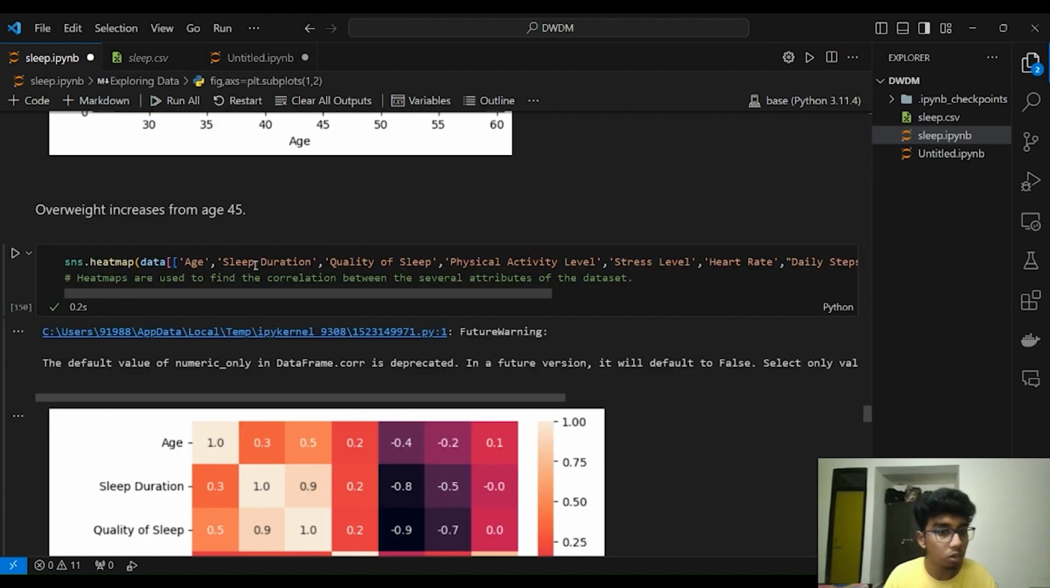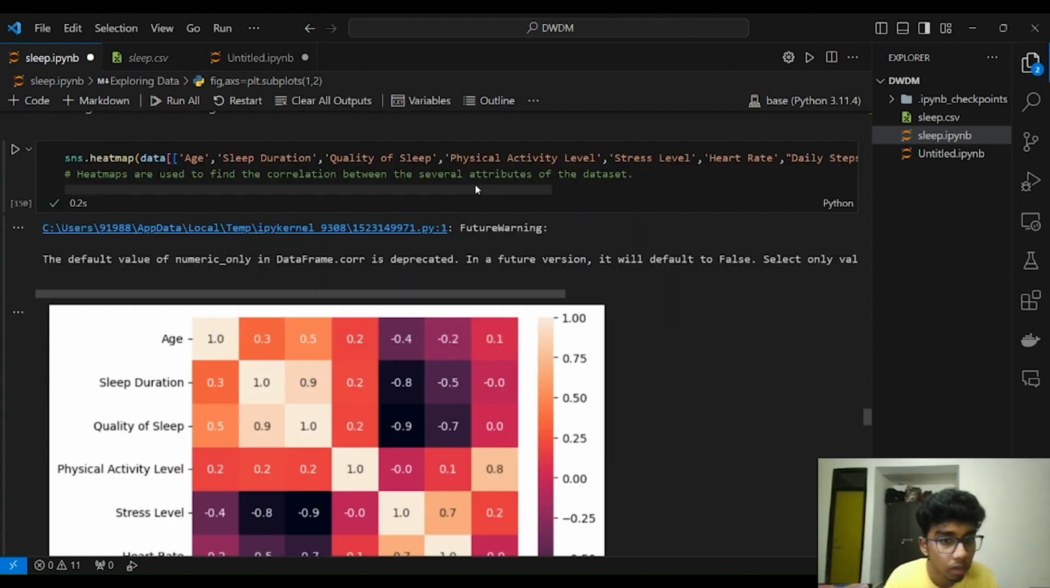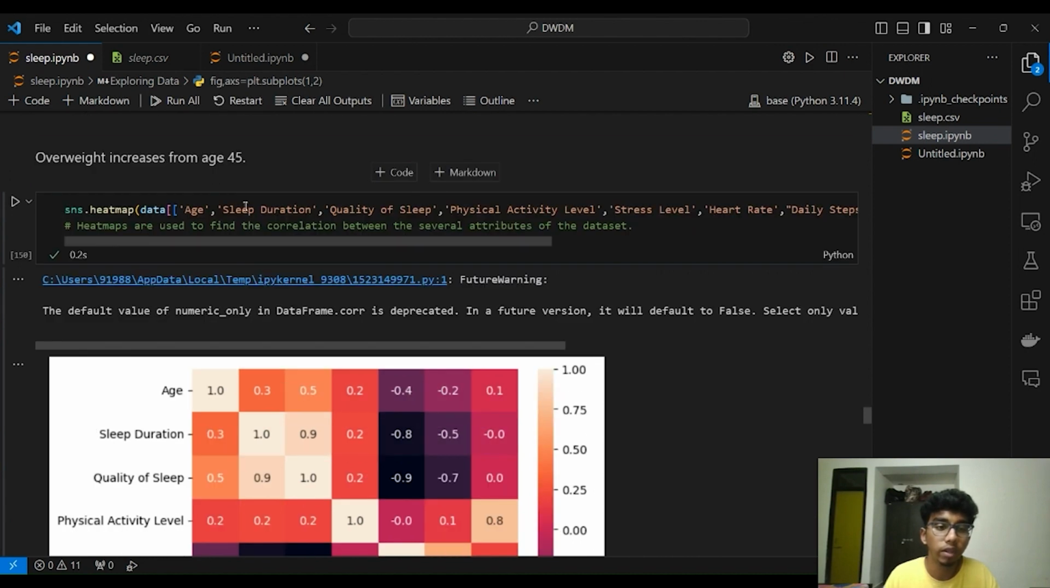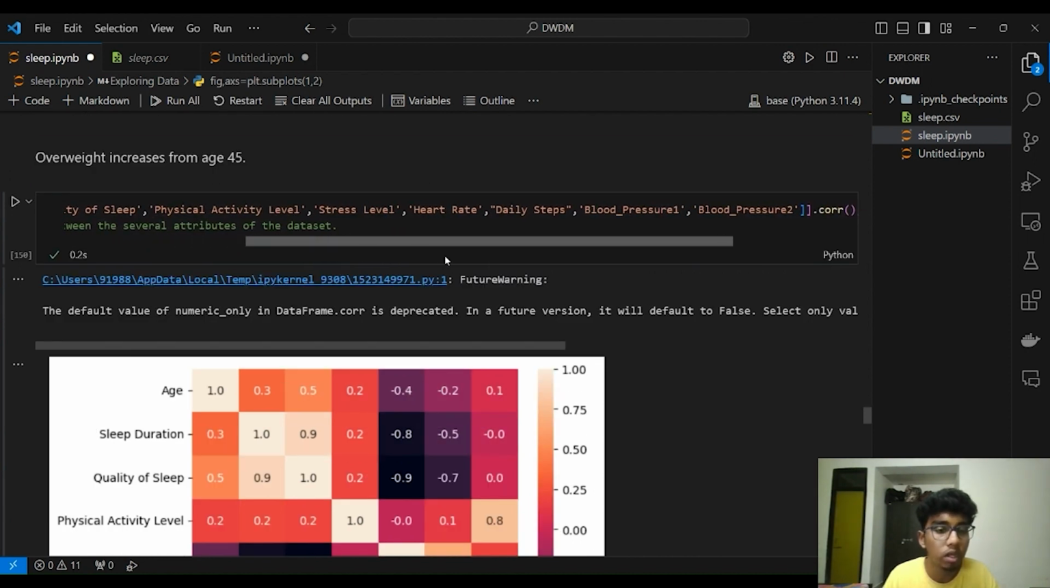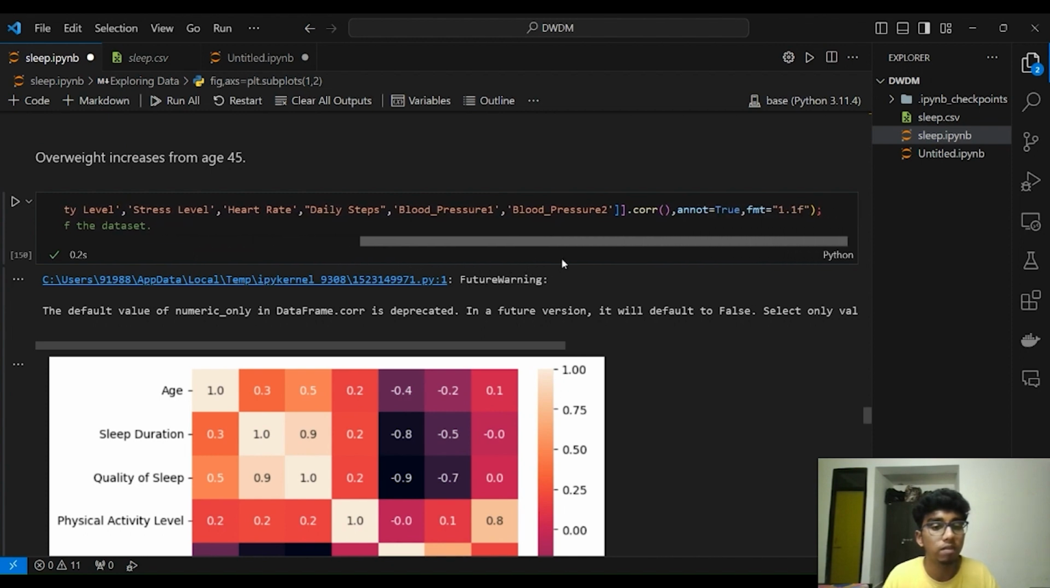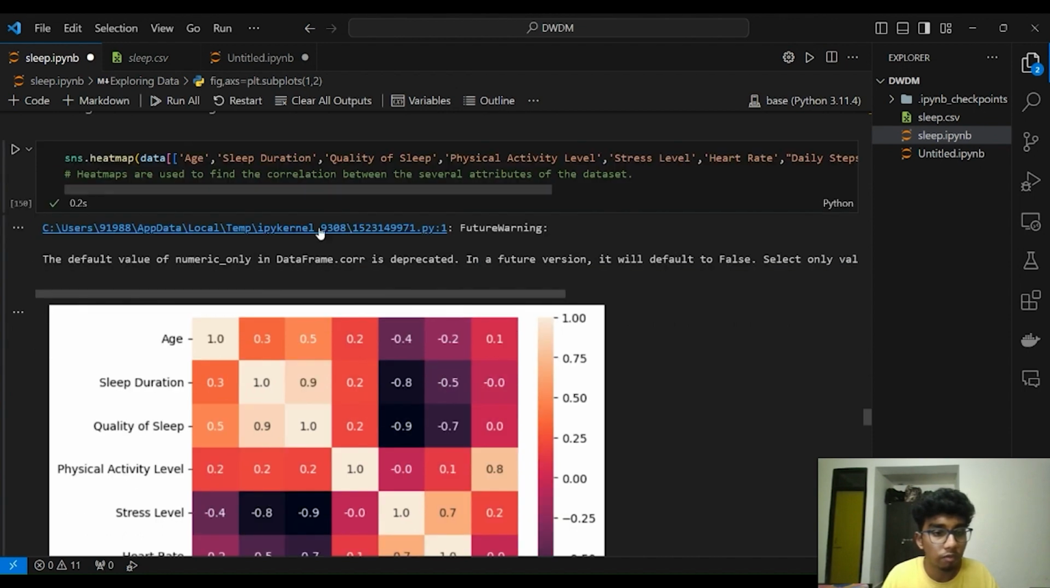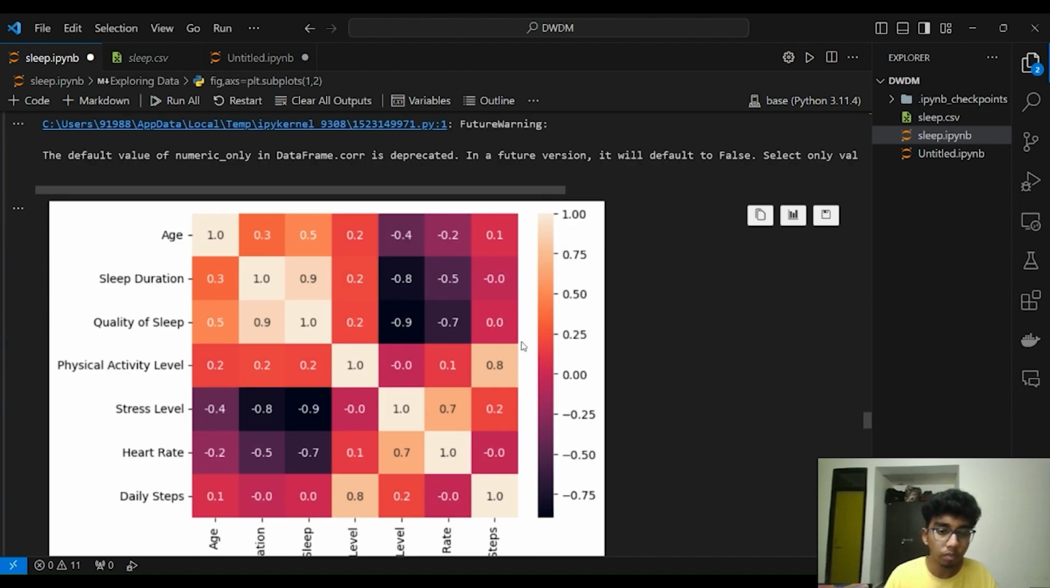The next thing that we're doing is plotting a heat map. Heat maps are used to find the correlation between several attributes of a data set. So here we're taking all the attributes from age, sleep duration, quality of sleep, physical activity levels, stress levels, until blood pressure. So here we are plotting a heat map,